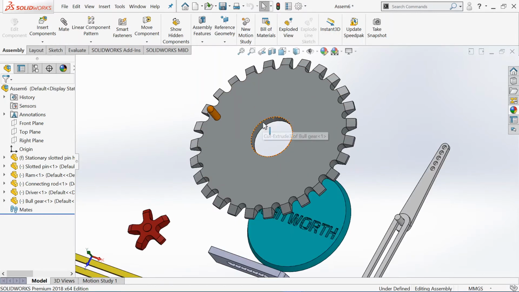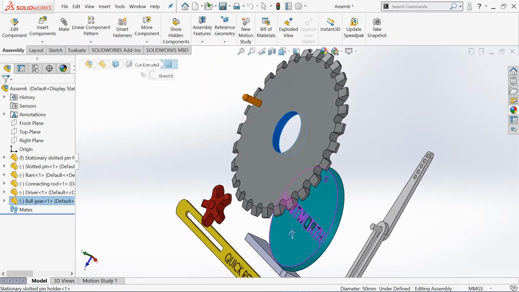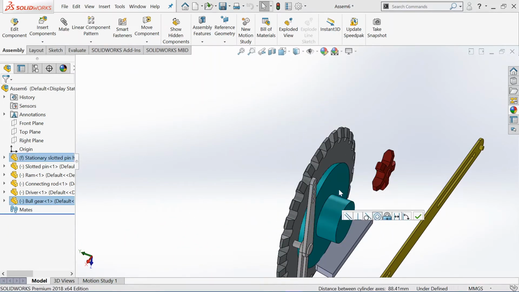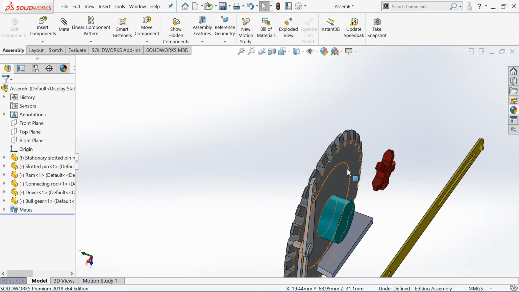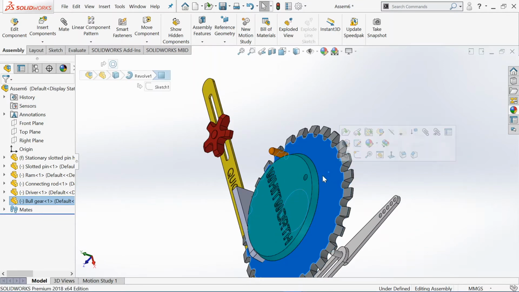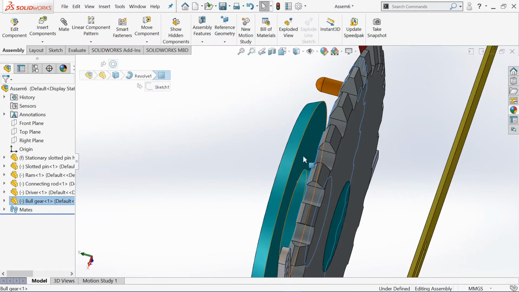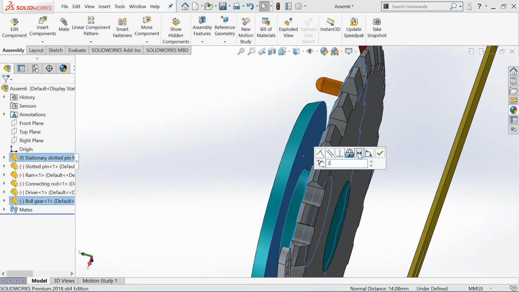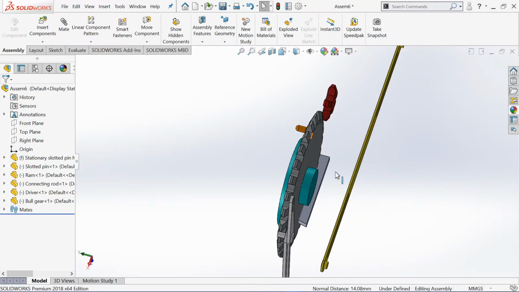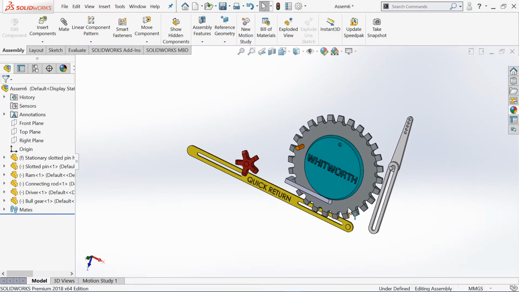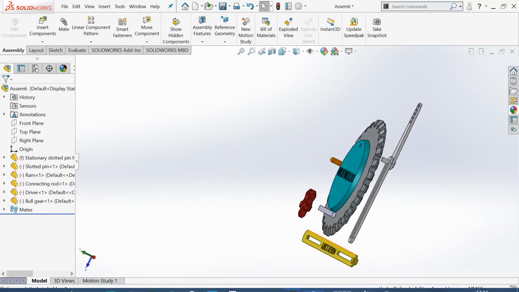So the first part is going to be this one, and I'm going to be assembling it on the fixed part like that. It's a concentric mate. The next thing I'm going to do is a coincident mate on these two sides, or rather I'll do a distance mate of 2 mm. Now the next one is, let's see,